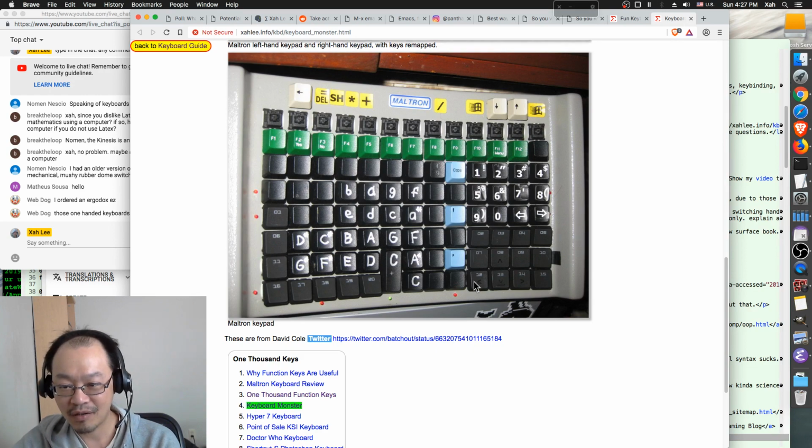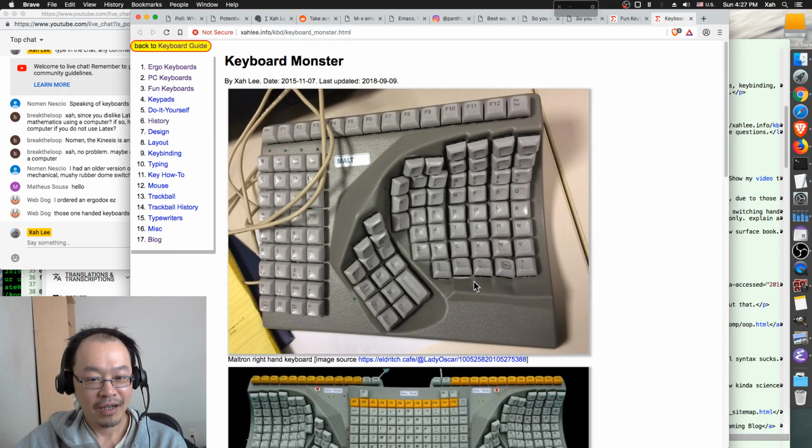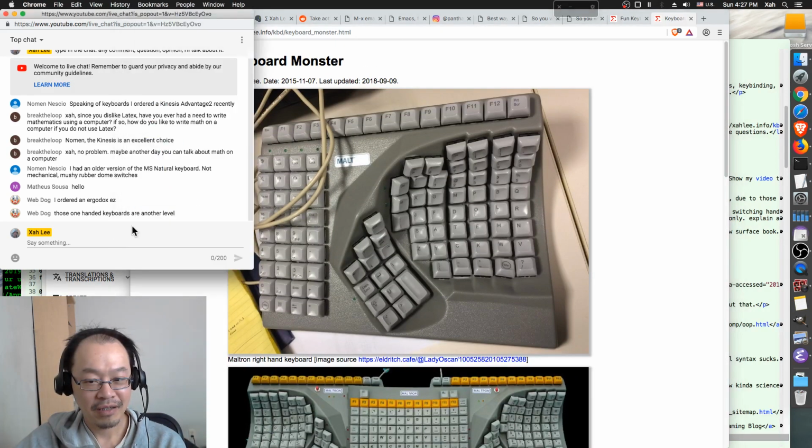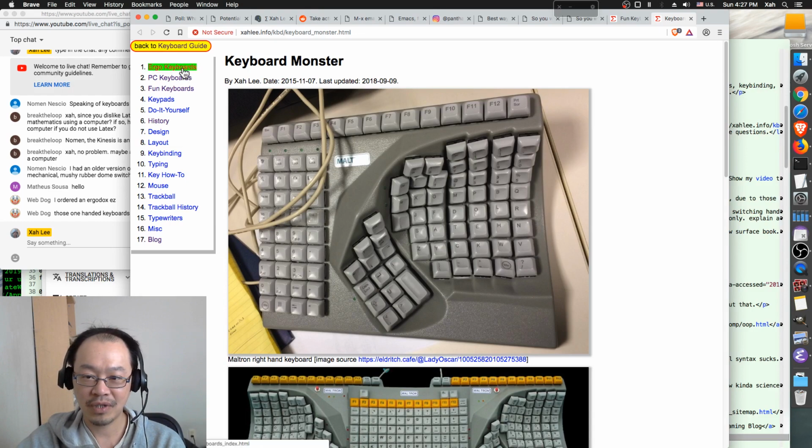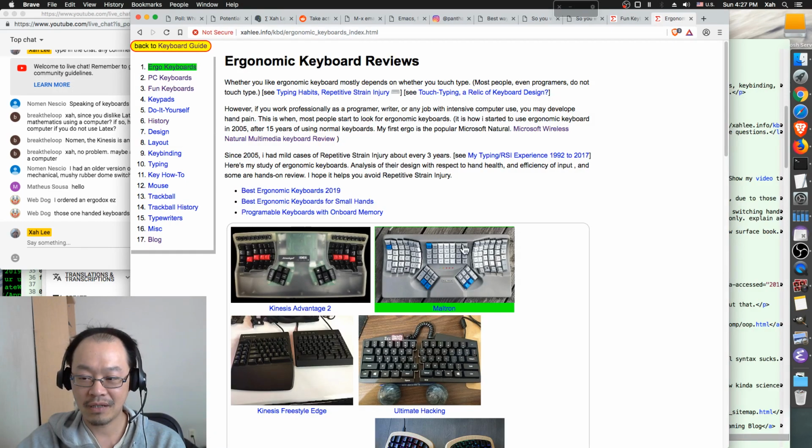Yeah, and these one-handed keyboards, the Matron keyboards, they are not cheap. I don't know how much this one is, but I suppose it's probably 400 or more, at least 300, I would say. Matron, for some reason, their keyboard, this is Matron.